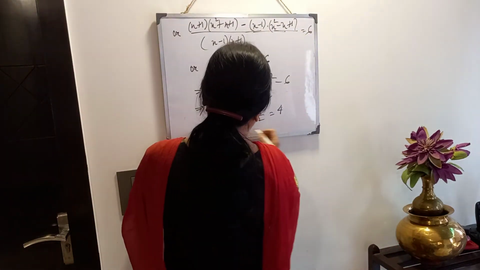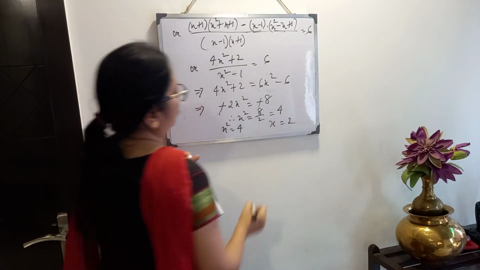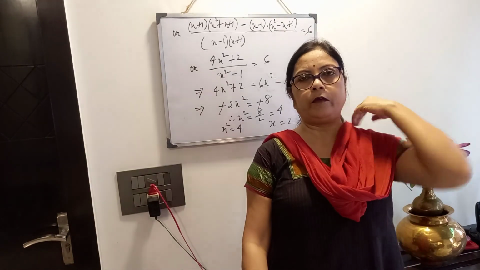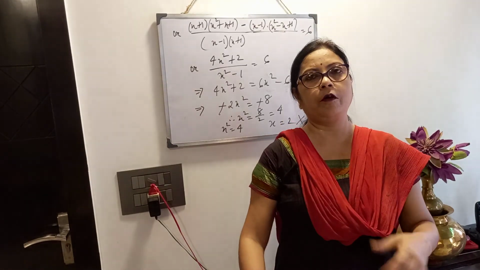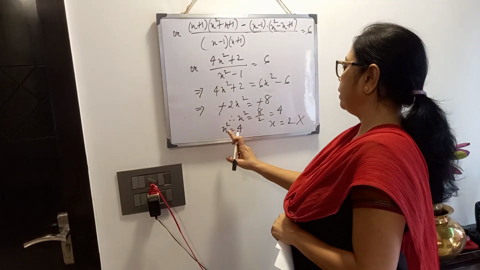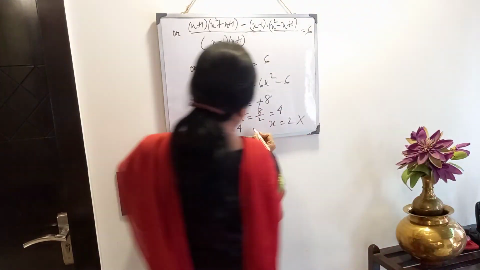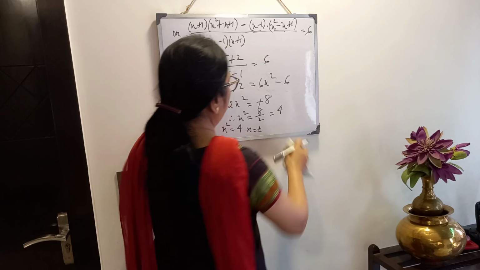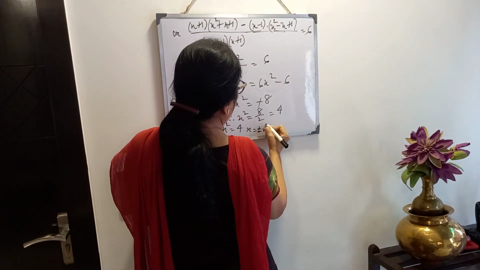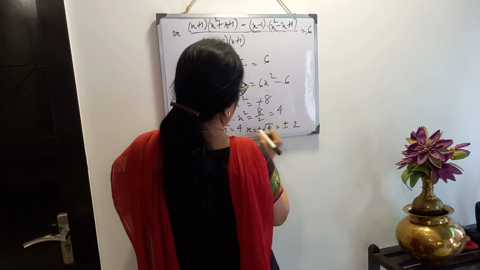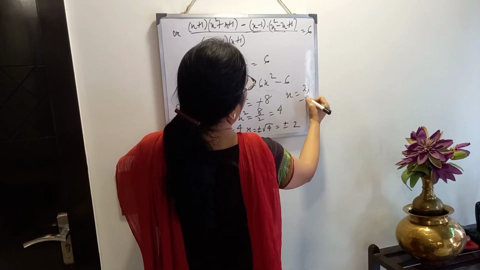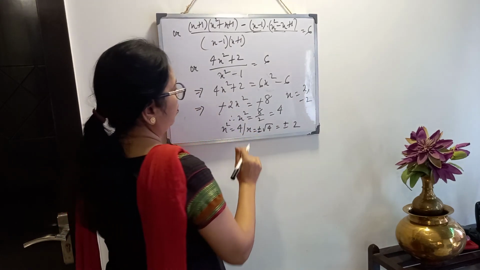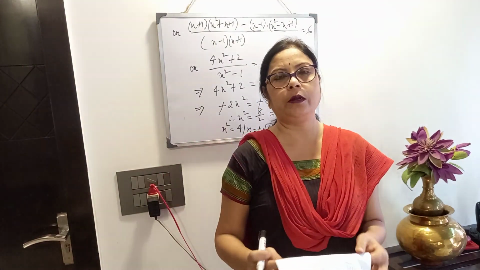Now I know some of you will write the value of x you are getting as 2. But this is wrong. Why? As this was a quadratic equation, so after solving you have to get 2 values of x. Clear? So there is x square equal to 4. That means x equal to plus minus root over 4, so plus minus 2. So one value of x is plus 2 and another value is minus 2. Clear? From here you don't do that x equal to 2, then it will be a wrong answer. Clear? Now the next part you will get in the next video.